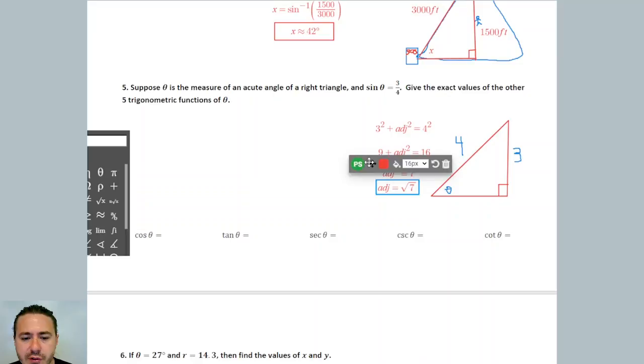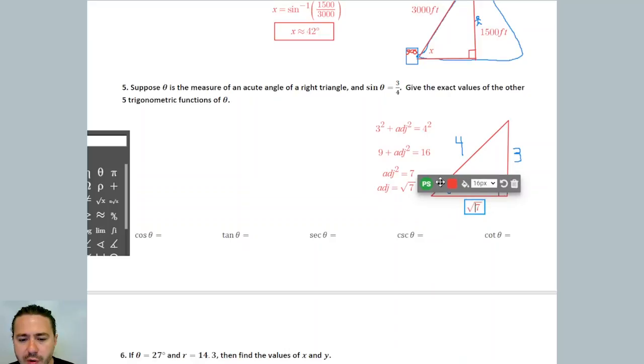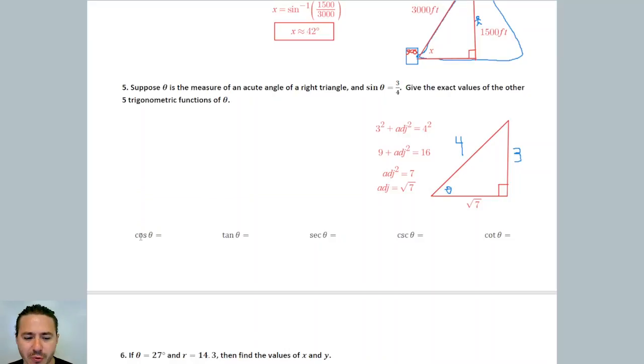Okay, so go ahead and put that over here. All right, just so we've got it all labeled out. And now we can just quickly go through the ratios. Well, as quick as you can look up what the ratios are, but once you memorize them, once you remember which ratio is which, then this will go really fast because you're just basically writing down these numbers in the correct ratio. So for example, cosine of theta is adjacent over hypotenuse, so that would be root 7 over